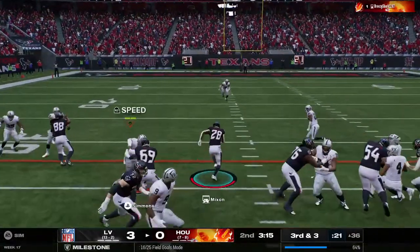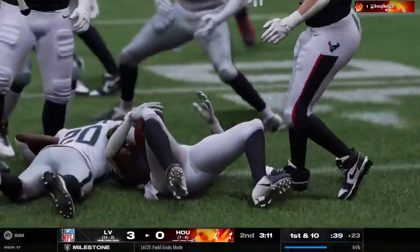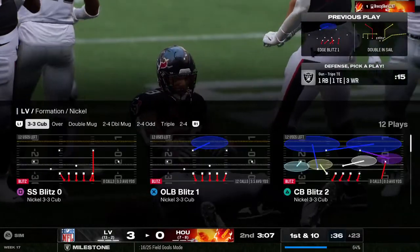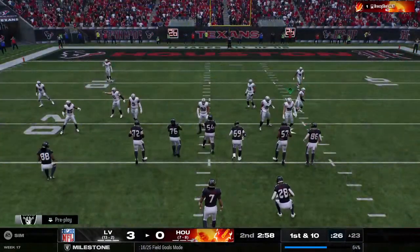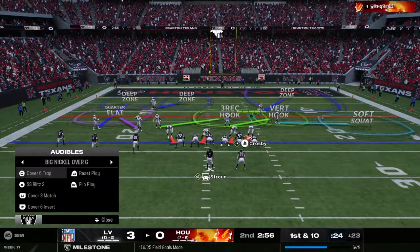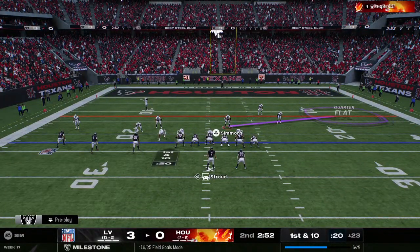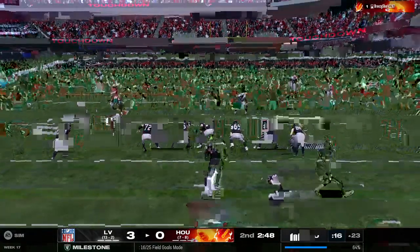They give to Mixon to try to pick it up. And he'll follow his blockers there all the way down to the 23-yard line. A fresh set of downs on a gain of 13 there for the Texans. Well, partner, what do you think? Might have been 4-down territory if they didn't pick it up, but... Yeah, it's a moot point now. I was curious, so if they didn't get it there on for it, I guess we'll never know. Yeah, we didn't have to make that call, but I have a...